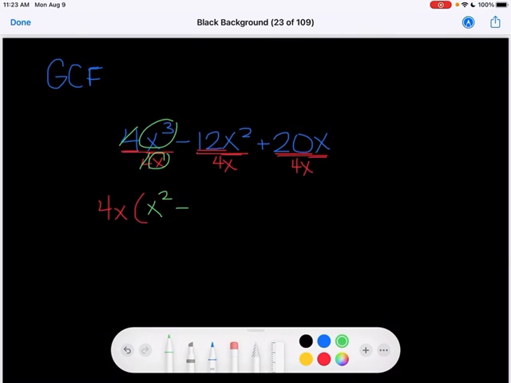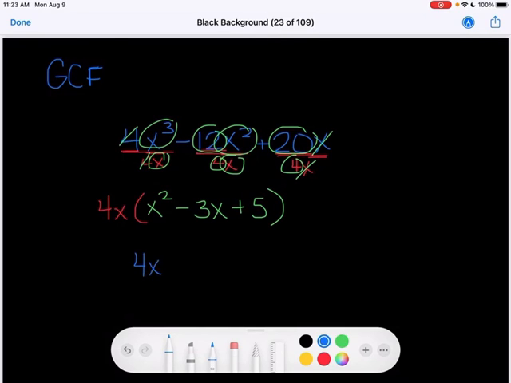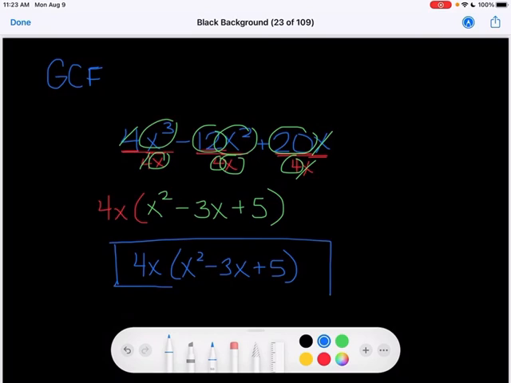Minus 12 divided by 4 is 3. And then x squared divided by x is just x. Plus 20 divided by 4 is 5. And then those x's cancel out. So our final answer here is 4x times x squared minus 3x plus 5. And you could distribute that 4x back in to check your answer. Make sure that you end up with what you